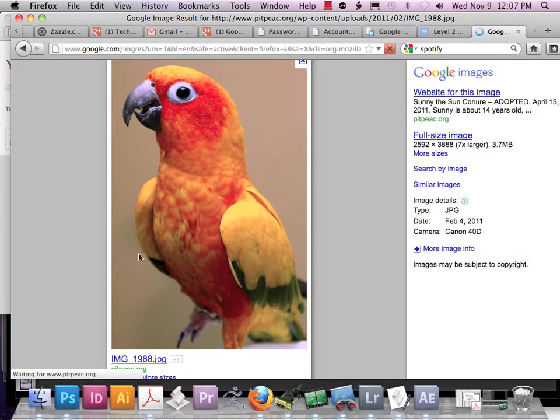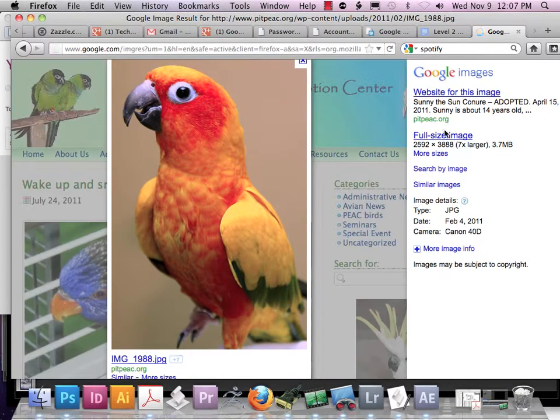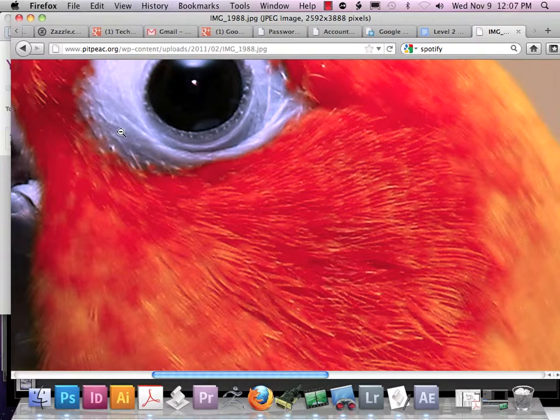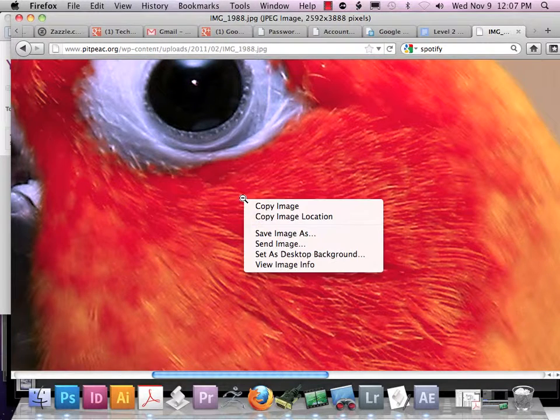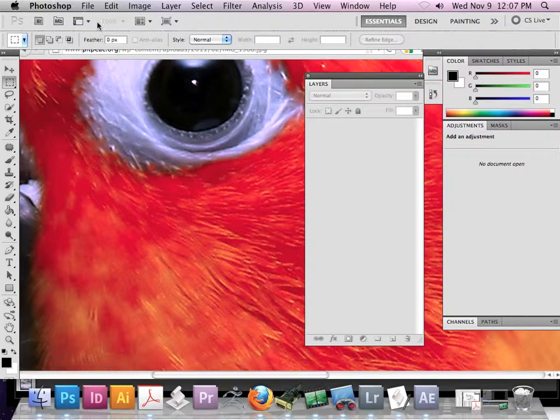How about this one? All right, and I like this one right off the bat because when I zoom in, I see all this detail. That's important. It has to have high detail. You always use photos that are taken by professionals or with good cameras for this, because if you don't have that detail, it's not going to turn out. So I'm going to copy this image,